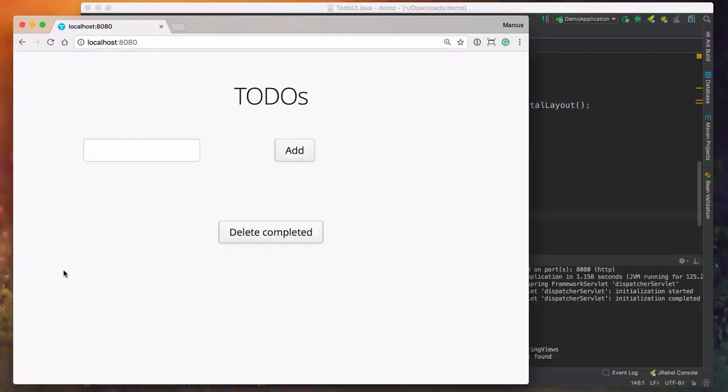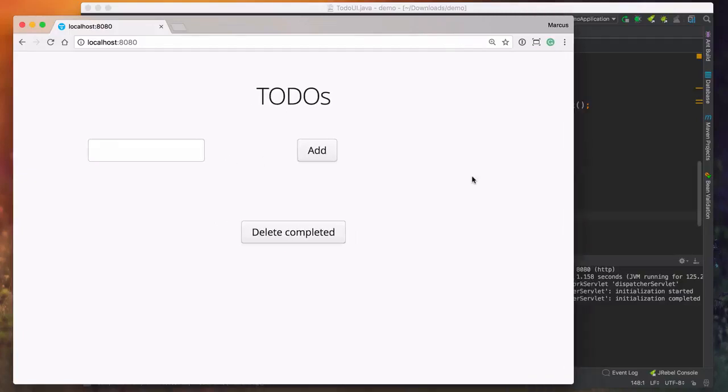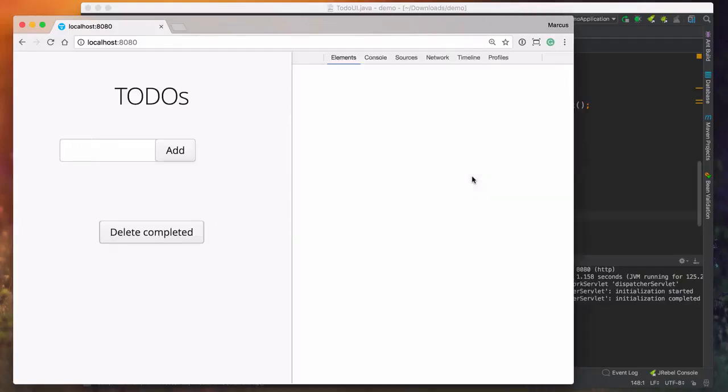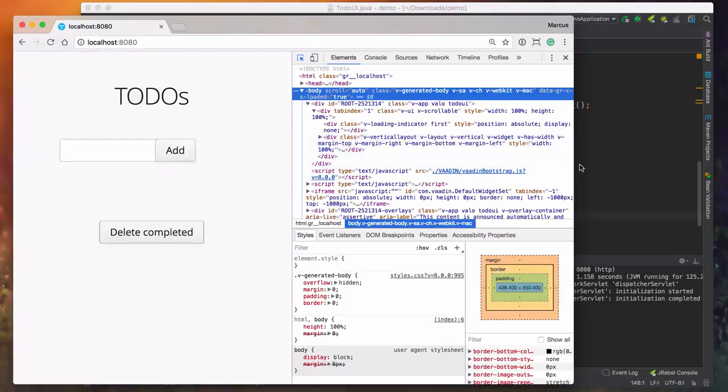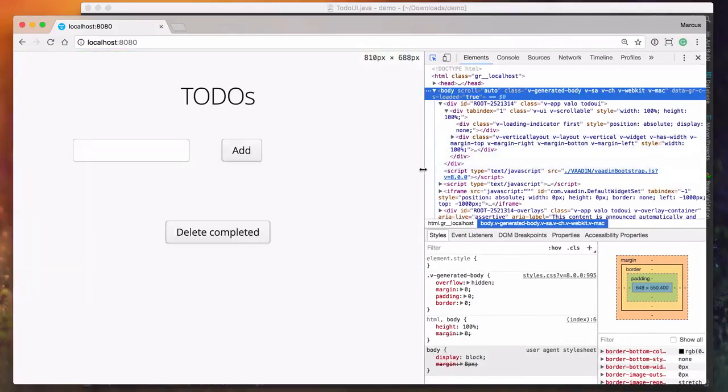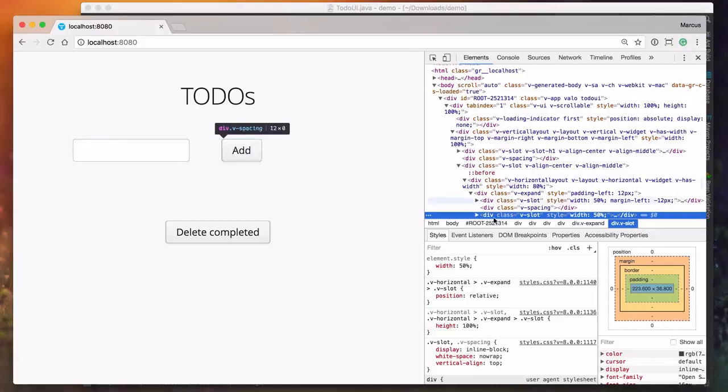All right, so we're making progress. It doesn't look exactly the way that we wanted it to. There's something really fishy going on with the form here. So if we go into the DevTools here, and let's expand this a little bit to make it easier to read, and take a look at this actual